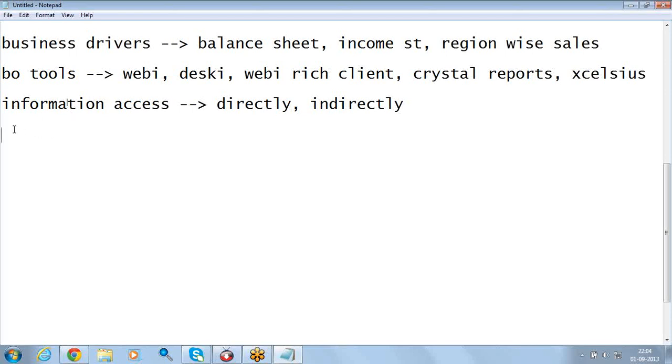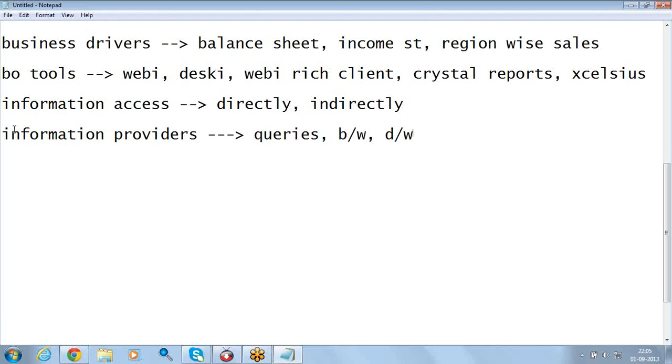So from where are they accessing the data? From the various data sources, the database. I can basically call them info providers, or information providers. So I can get the data directly or indirectly from the information providers. A few examples of info providers are queries, and a BW system or a DW system.